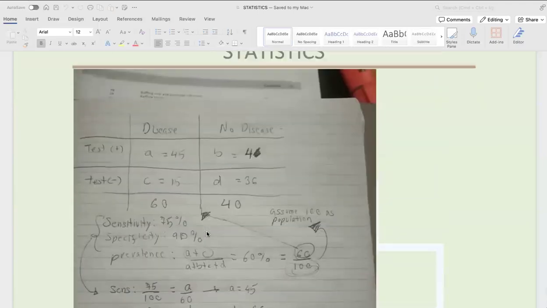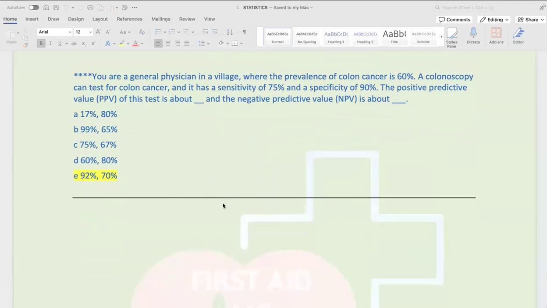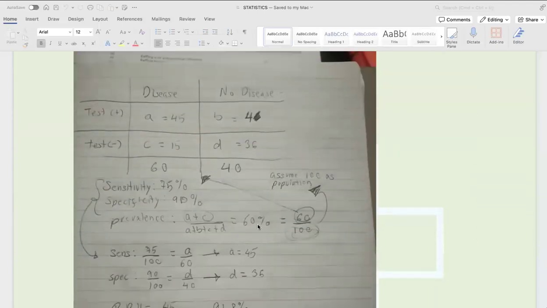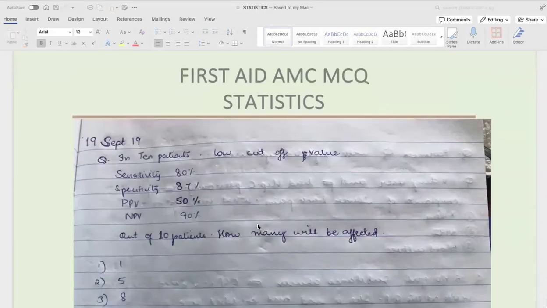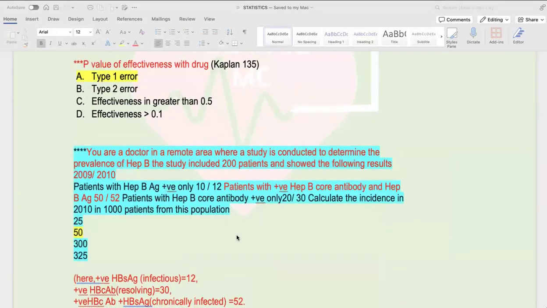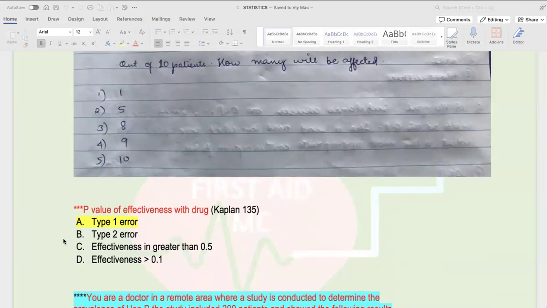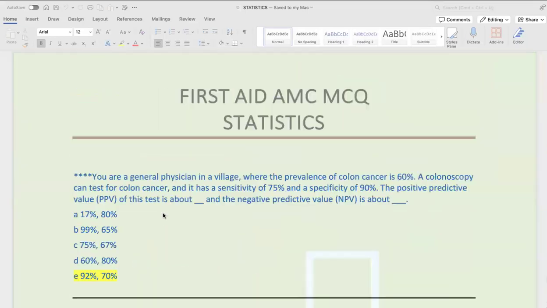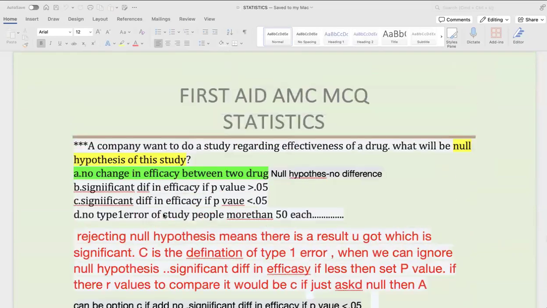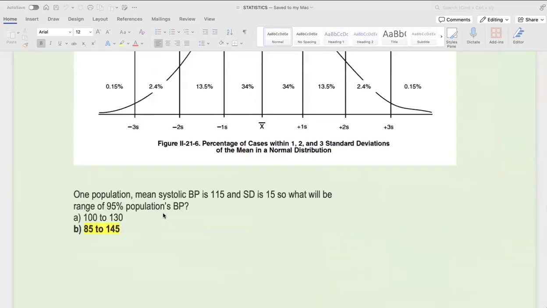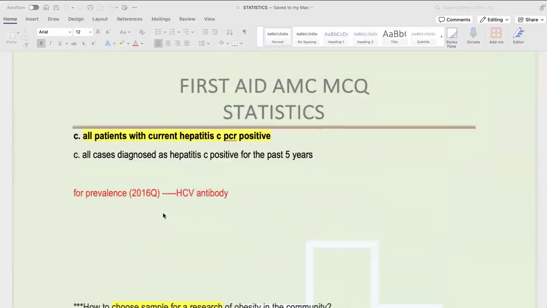We don't normally do these kinds of cases, it's not super important. You can go through it in your own time if you like. Sometimes there are questions like this, though this is not a full question, so you can read it. They said, what is the p-value effectiveness with drug? It doesn't really mean anything. I don't even understand the question. So to go back, the type 1 and type 2 error, just to give you some knowledge about this.